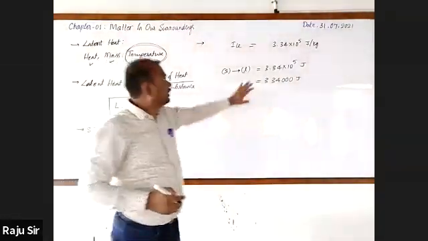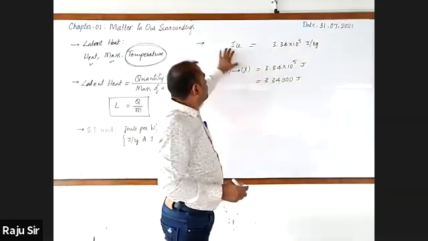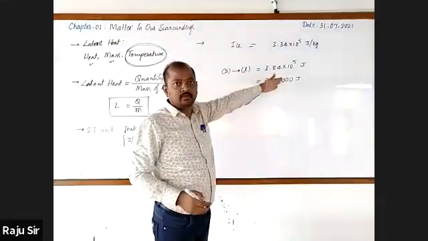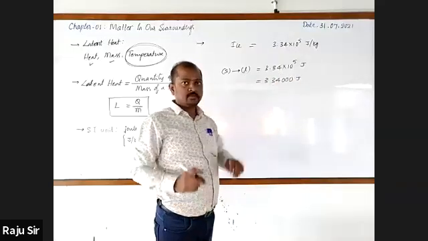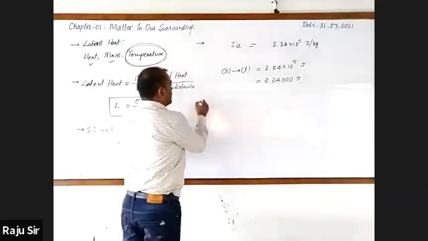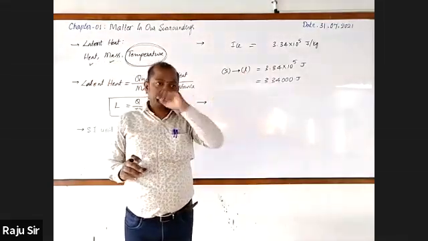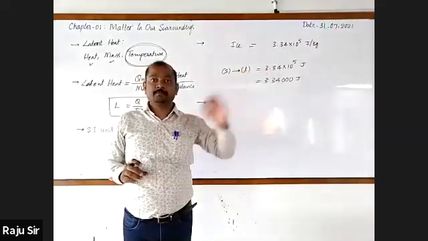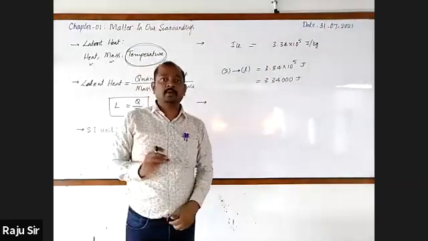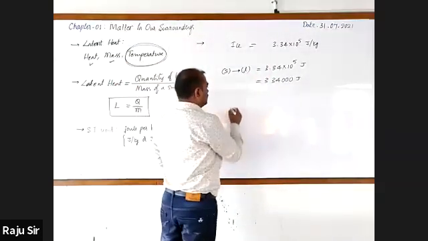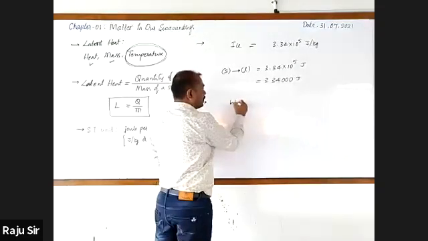Once again, the amount of heat required to change 1 kg of ice to water is 3,34,000 joules. Understood? Similarly, if water is given, we can convert that into water vapor. If all the amount of water needs to be converted into vapor, we need some amount of heat. So let us find that through the latent heat of water.